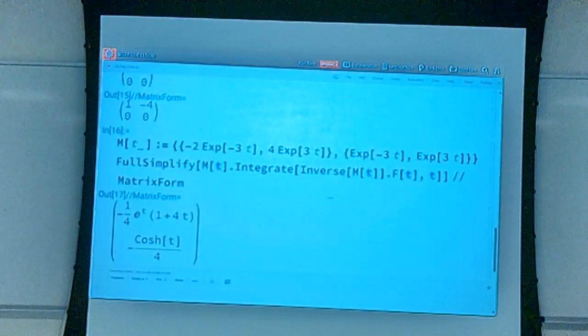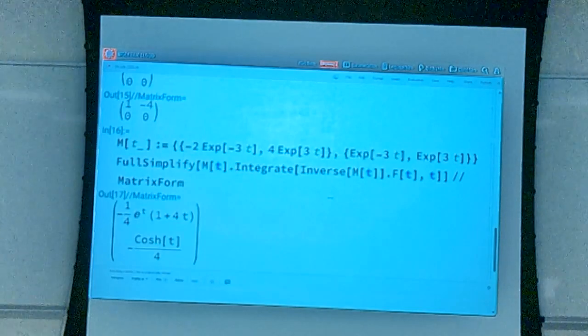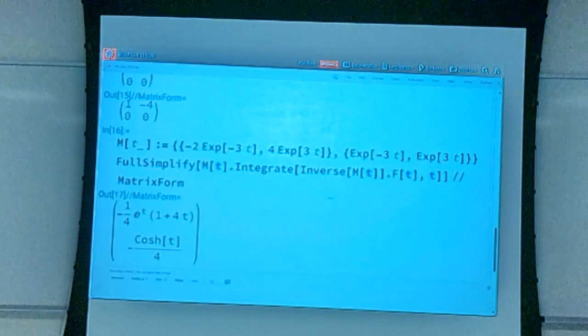This didn't give me the hyperbolic function the last time I ran this. Now, granted, this was several years ago. I can fix that. If you don't want the hyperbolic function,